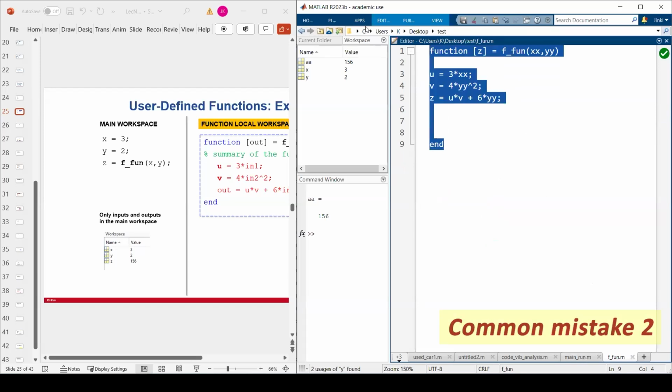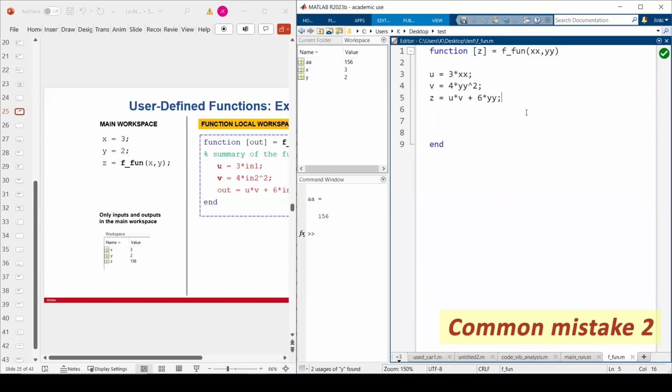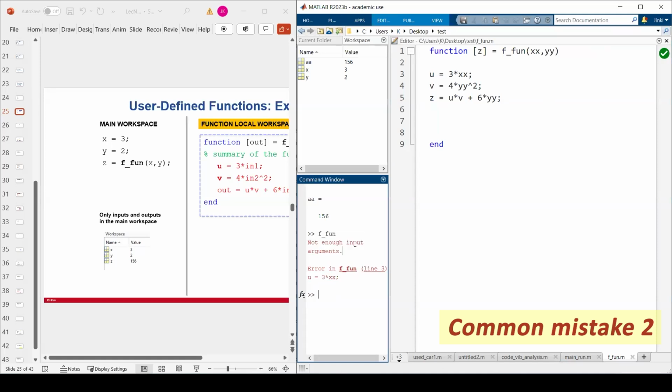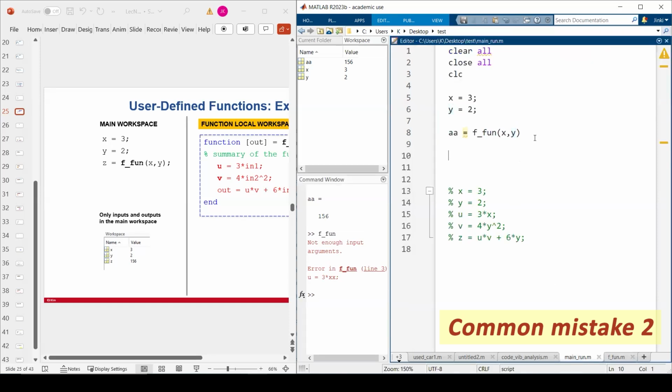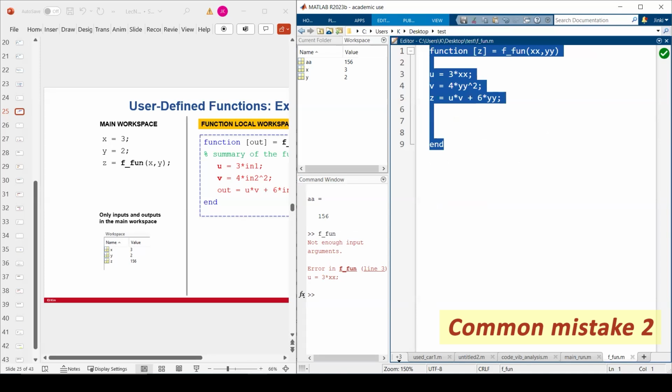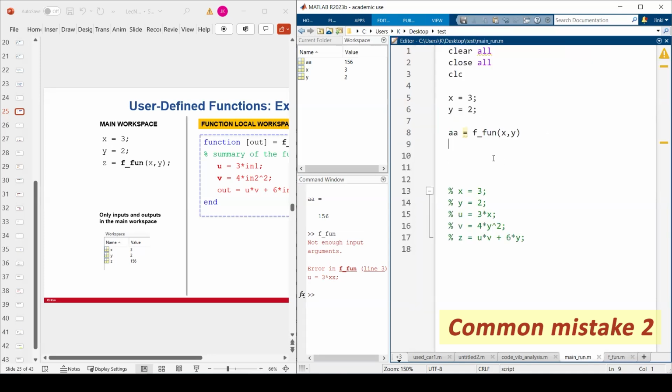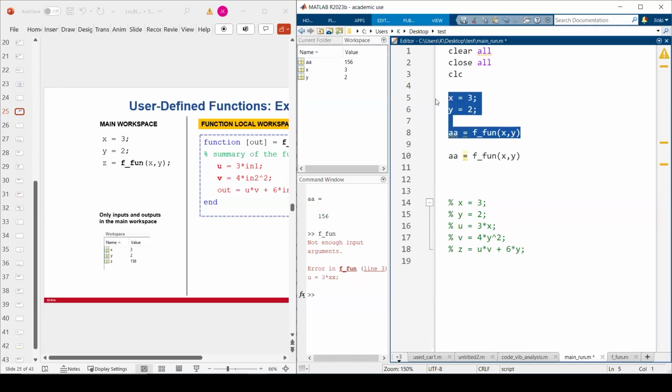And this function cannot be run by itself. Let's say you try to run this thing, you hit run. It says, you don't have any inputs. So for now, we are not running the function by itself. We are running it from the main file. In the main file, we're using that function. We are not running the function by itself. Get it? And here I just use x and y, but instead of that,